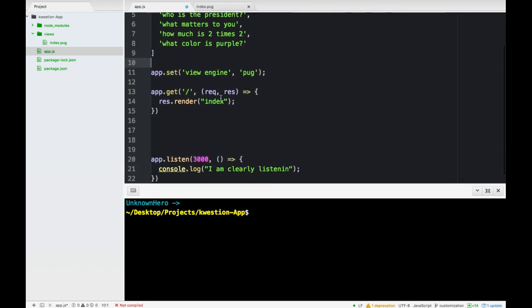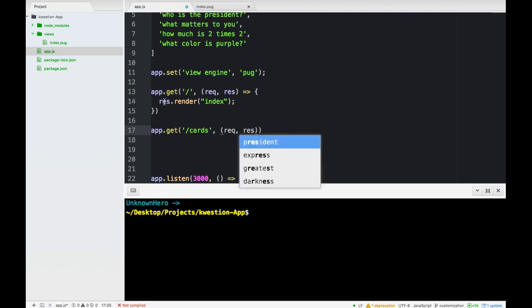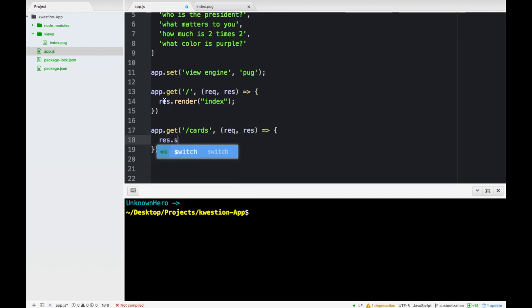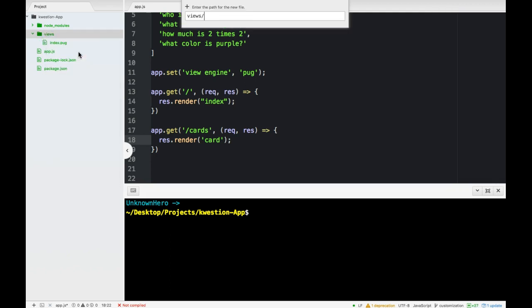Next thing we want to do is define a new route. So here's our home route. Under there, we want to do a new get route. We'll call this one /cards. We do a res.render, and we're going to call this card. We need to probably make in our views a file called